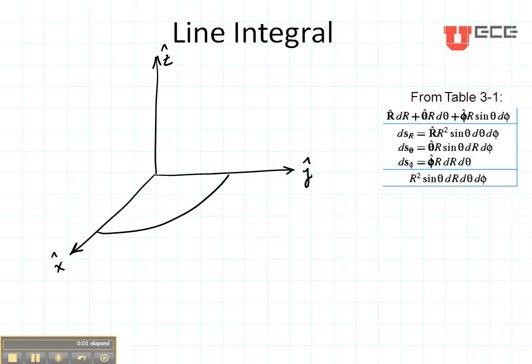Now let's do our line integral in spherical coordinates the same way we did our line integral in rectangular and cylindrical coordinates. Let's suppose that this is our charge that is going to have a 4 coulombs per meter charge distribution, and it's going from phi equals 0 to phi equals 90. And where is it in theta? It's down here on the xy plane, so theta is equal to 90 degrees.